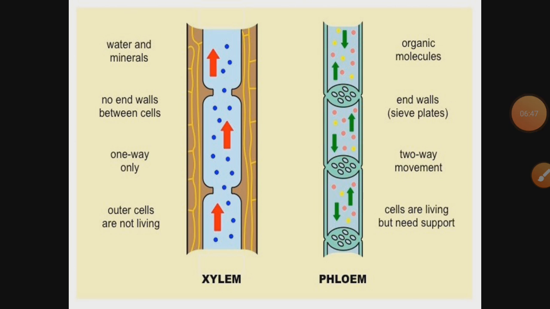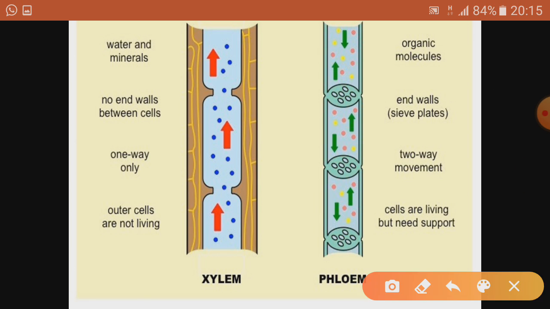Now in this slide, I just want to give you the difference between xylem and phloem. If you see the first one, that is the xylem, it helps in conduction of water molecules. These blue dots are water molecules. It helps in conduction of water from the roots to the leaves, and that conduction is one-way, directly from roots to leaves, because leaves are the kitchen of the plant and food synthesis happens there by the process